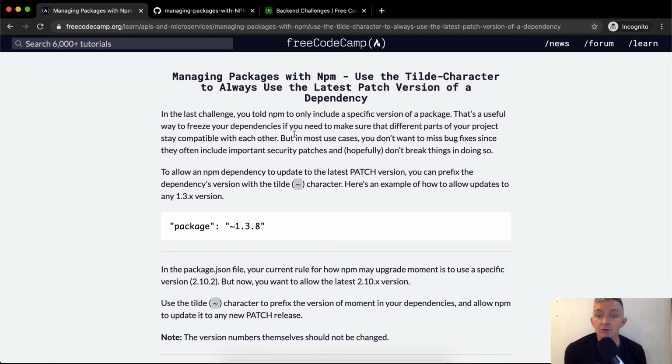But in most cases, you don't want to miss bug fixes since they often include important security patches, and hopefully they don't break things in doing so. Hopefully they don't break things, meaning whoever's creating and maintaining the package does pay attention to the SemVer version. Okay, so to allow an NPM dependency to update to the latest patch version, you can prefix the dependency's version